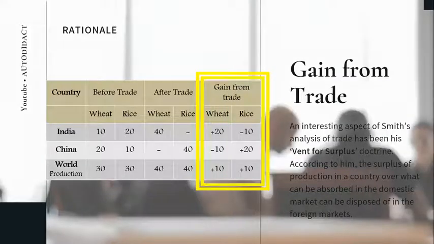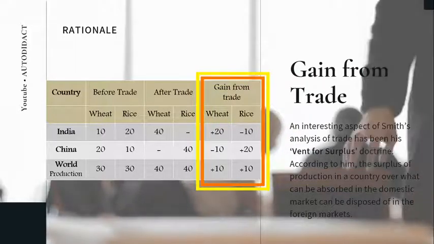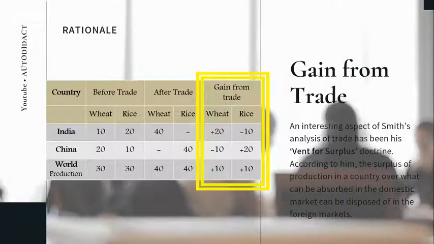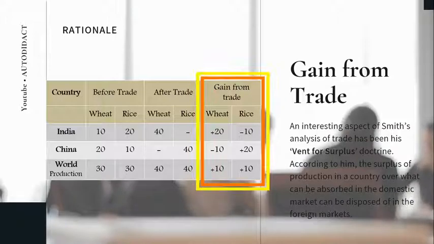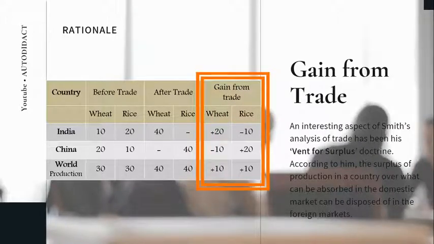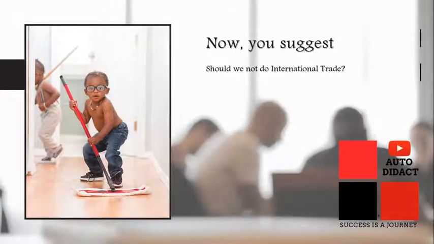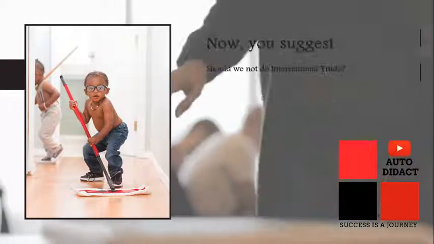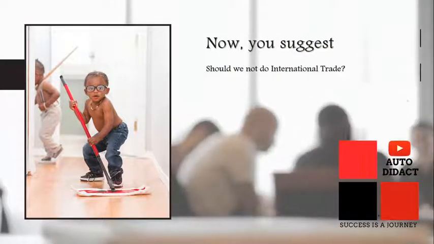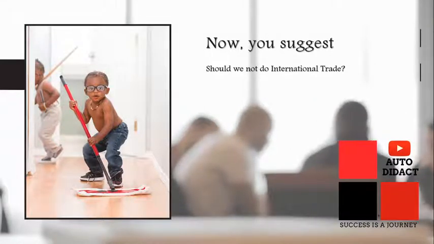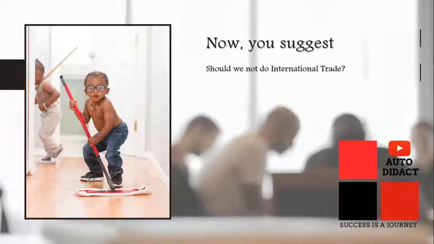The surplus production can be exported, which will bring you revenue. You can see that, after adopting the absolute advantage, the country is not only meeting domestic consumption as earlier, that is 30 tons, but they are producing 10 tons for exports. Now, you tell me, should we not do international trade? Oh, yes. You got it right. This is the absolute advantage theory of Adam Smith, a Scottish economist, philosopher and author as well as a moral philosopher, a pioneer of political economy and a key figure during the Scottish Enlightenment, also known as the father of economics or the father of capitalism.